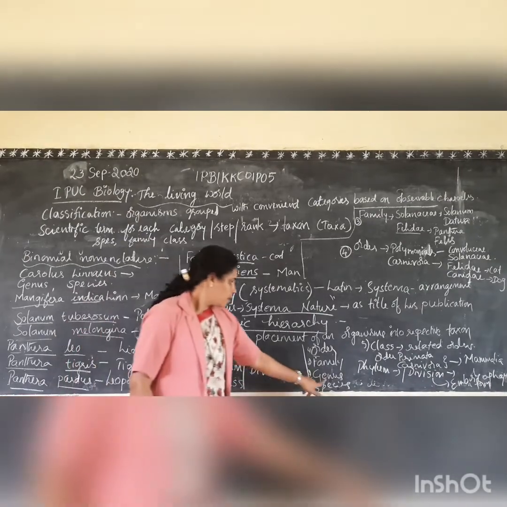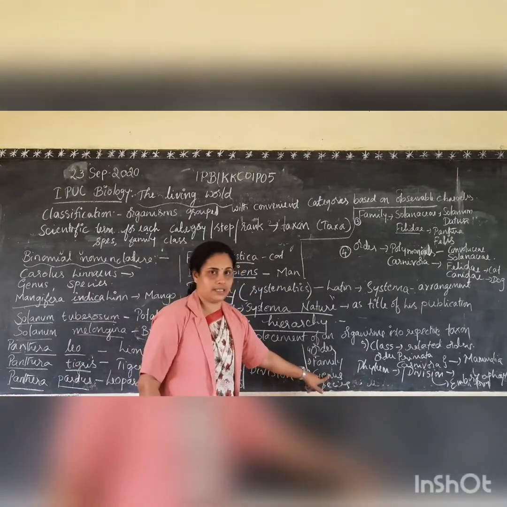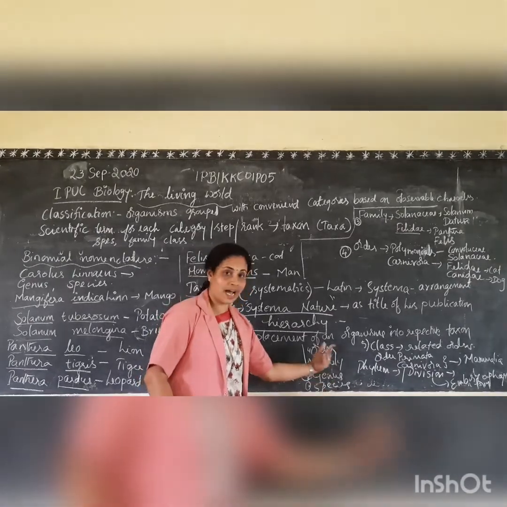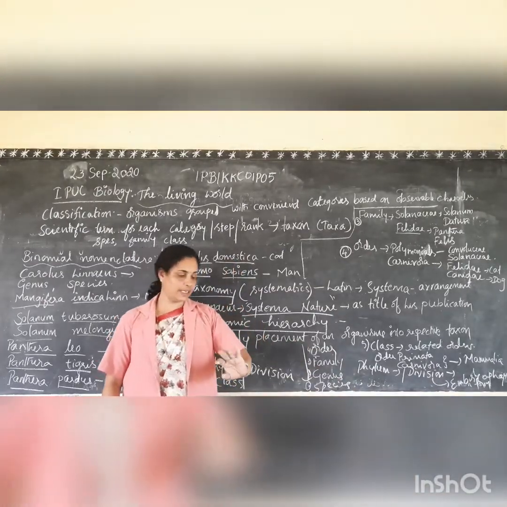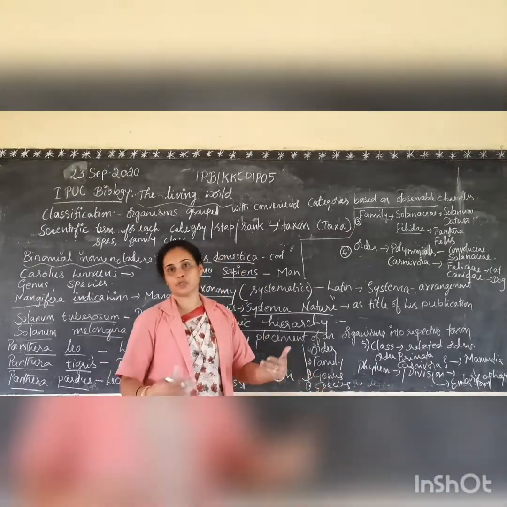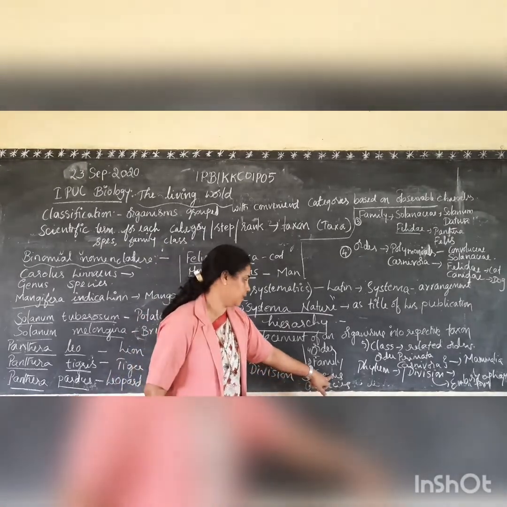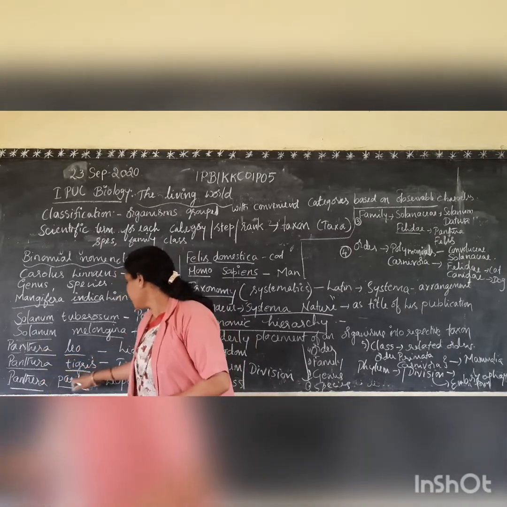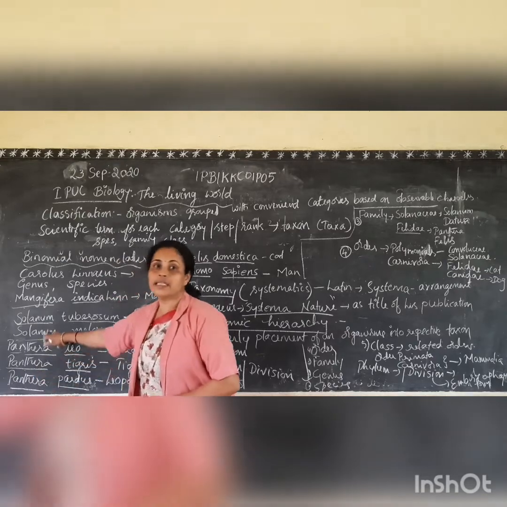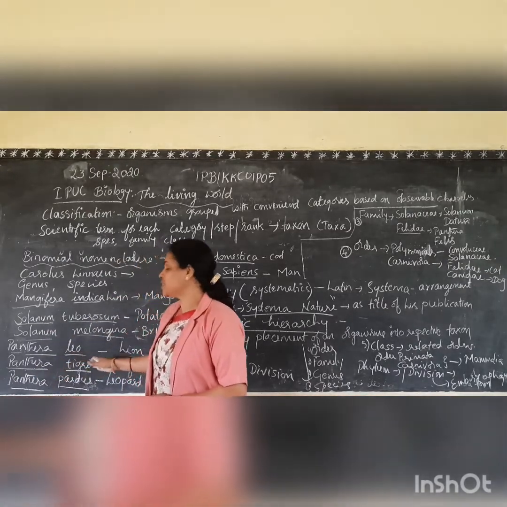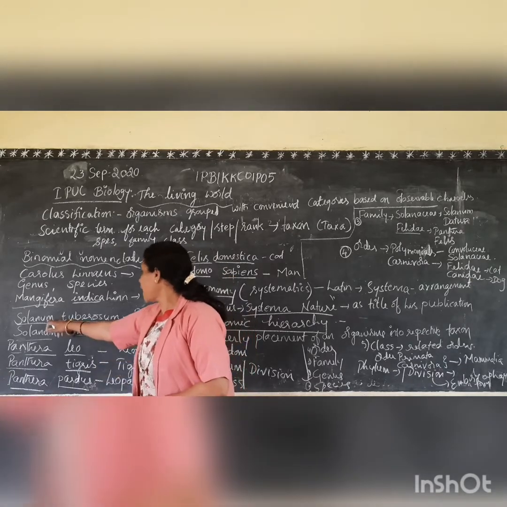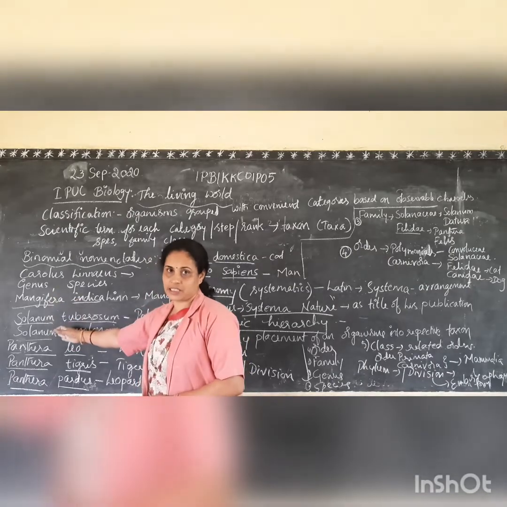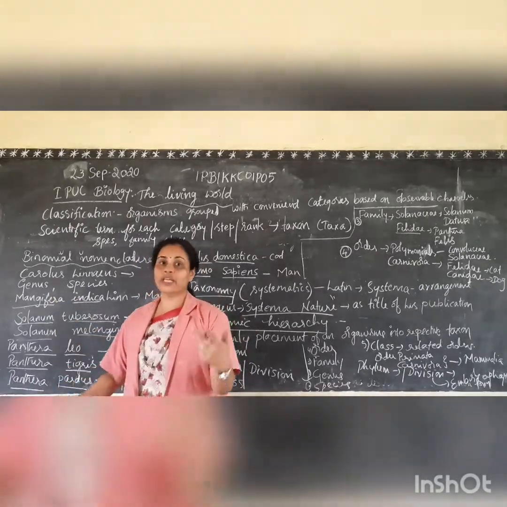Next, the higher taxon is genus. Species comes as the second part of the scientific name, whereas genus is the higher one and comes as the first part of the scientific name. Closely related species are grouped under a genus. For example, Panthera leo, Panthera tigris, Panthera pardus. Here the genus name is the same, Panthera, but the species differ. Similarly, Solanum tuberosum, Solanum melongena. Solanum is the genus name. So a genus includes more than one species.